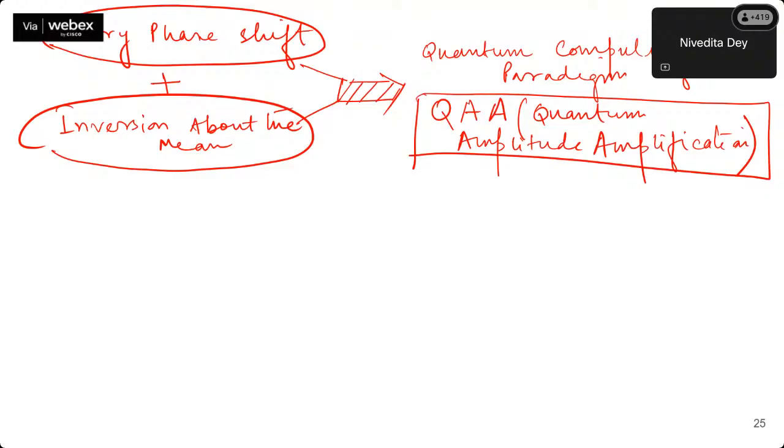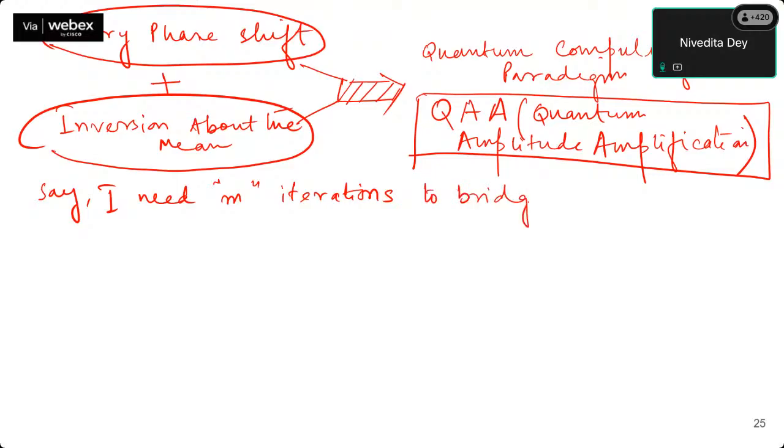Now, whatever we have seen till now is all about the reflection of one Grover iteration, but we are still left with the question of how many total iterations are required. Let me just derive it quickly. Say I need m number of iterations to bridge the gap. Why bridge the gap? That is our desirable thing, that we want to converge to the marked state from the superposed state. So to bridge the gap